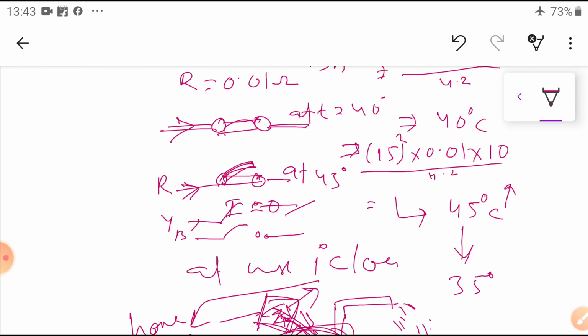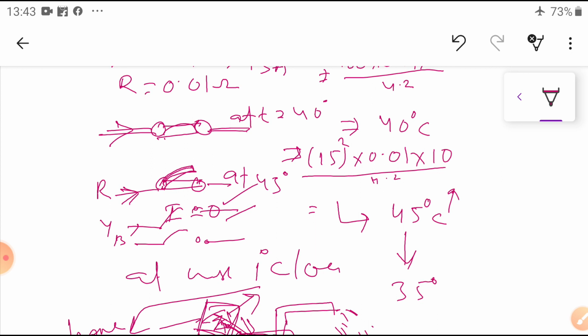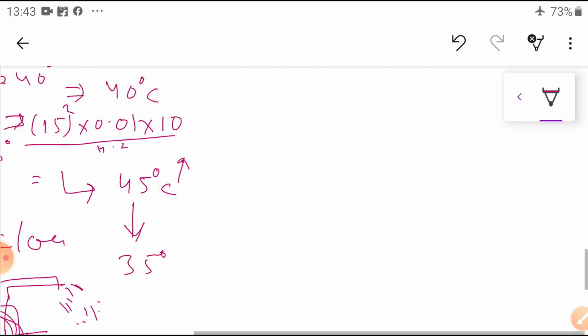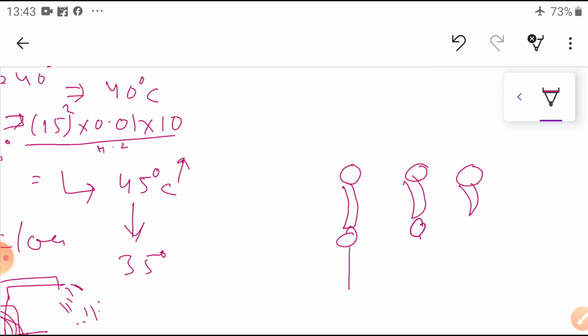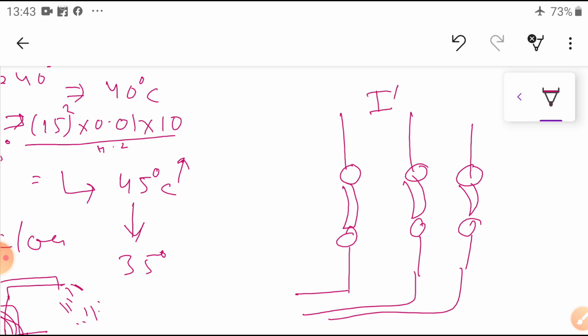So how does it work? Similar to this one, it has 3 terminals here. 3 strips are provided, R phase, Y phase here, and a bimetallic strip is provided like that, and here another terminal is connected. Here is the incoming supply. It is going to the motor terminals. This is the input, this is the output.